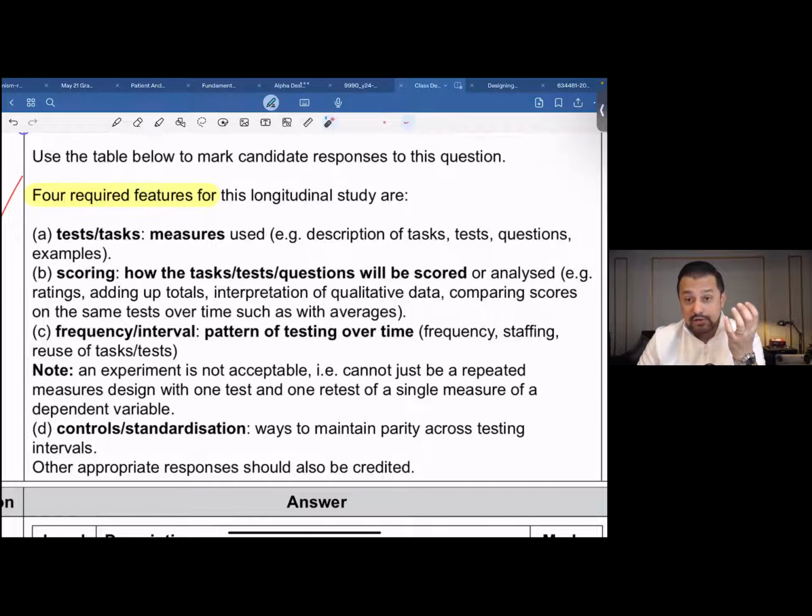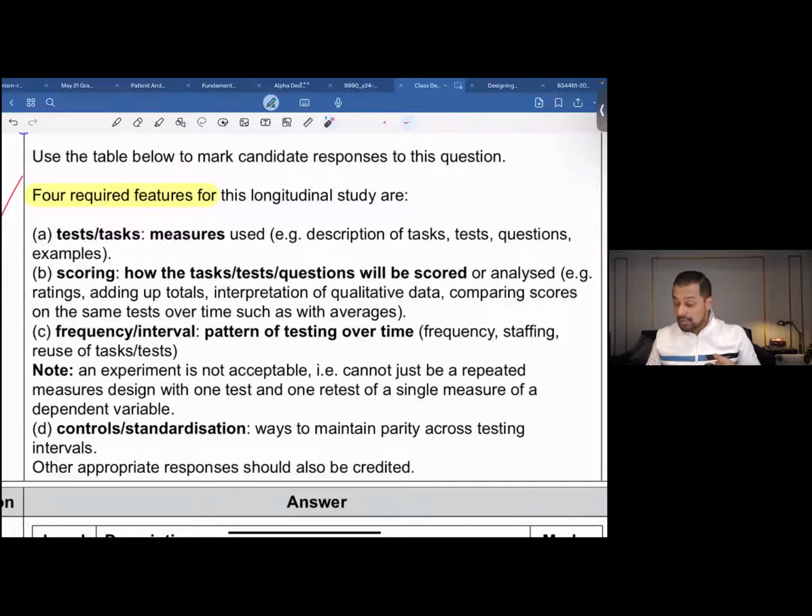Now that it is clearer, it is a longitudinal study, so perhaps the course of action that should be taken is to collect data over a number of years. So probably start collecting data like the scenario suggested, from the age of 55, and then 56, and then 57, and 58, and 59, all the way till 65. So yeah, the first essential feature of a longitudinal study: tests or tasks. The measures that you're using